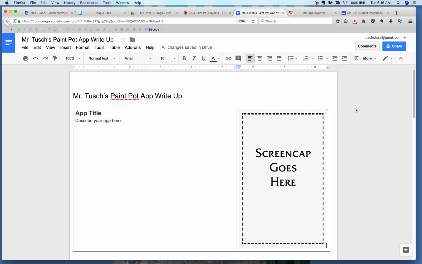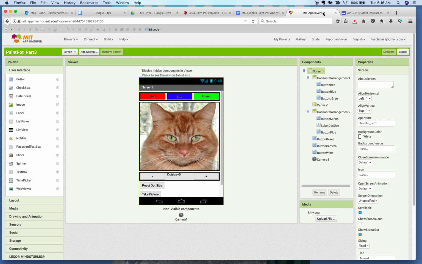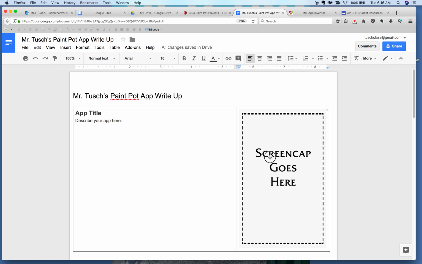Well, screen capture comes from MIT App Inventor. So you go over to MIT App Inventor. If you're on an Apple, you use Command-Shift-4. If you are on PC, you can use Screen Grabber, or you can use Sketch if you're on a Mac with a PC keyboard. You take this particular component, you drop in the screencast, wherever you save it, you go back to here,